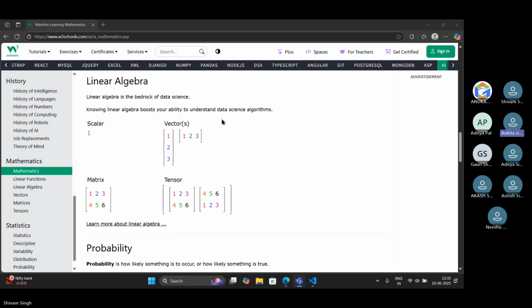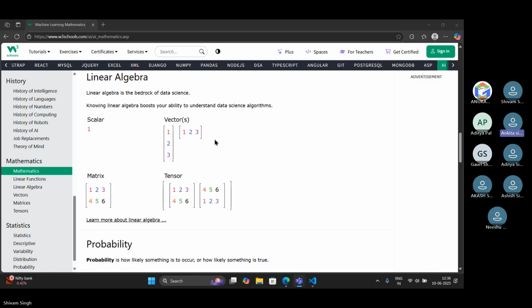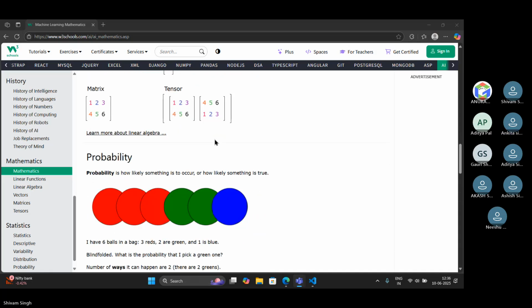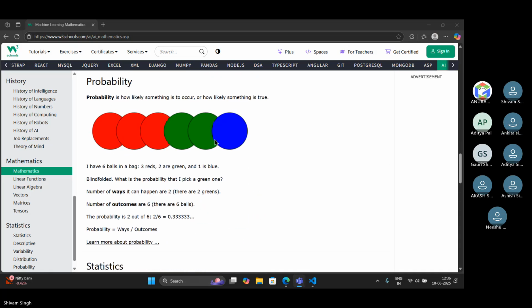Now linear algebra. Linear algebra is the bedrock of data science. Knowing linear algebra boosts your ability to understand data science algorithms. Now probability. Probability is how likely something is to occur or how likely something is true.